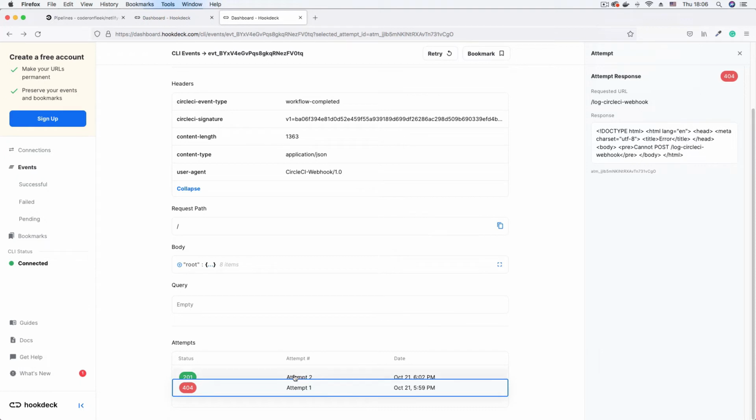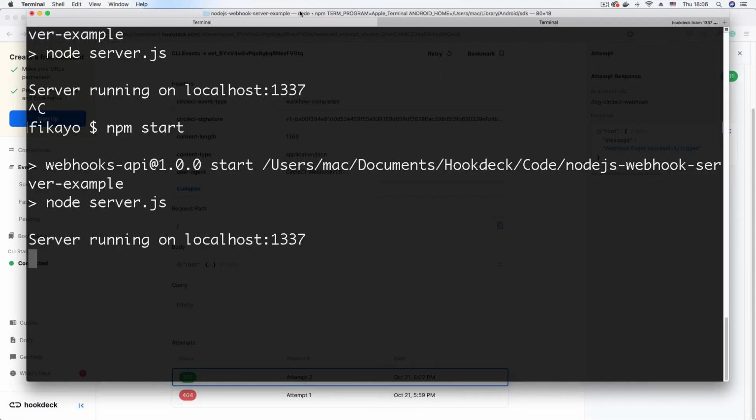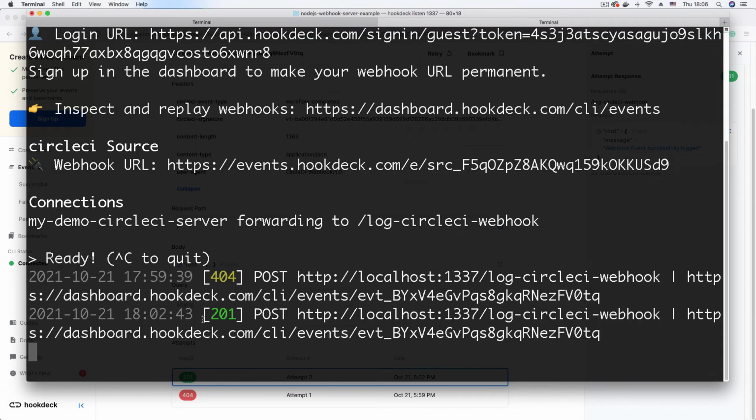We now have a 201 success message. That's a 201 HTTP code. And when we click that, we can see the server message that tells us that our webhook event has been successfully logged. If we go to the CLI, we also see this entry on the CLI. We go to the CLI, and as you can see, we have a 201, meaning that we have successfully logged